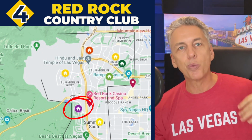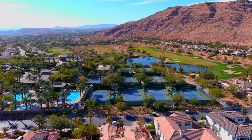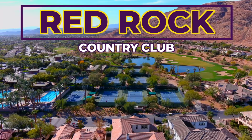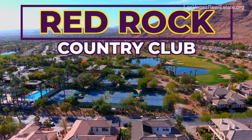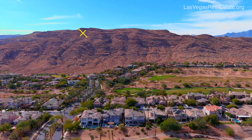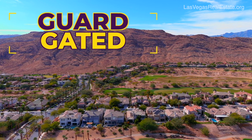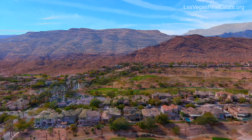Against the foothills. This is where we get more into the nature side of our tour and the more affluent homes. So, Red Rock Country Club. Red Rock Country Club is exactly that. It is a country club. Now, the homes actually start here at about $1.5 million and go up. They're affordable for guard-gated communities. So if you're looking for a country club environment, guard-gated, starting at about $1.5 million, with all this,